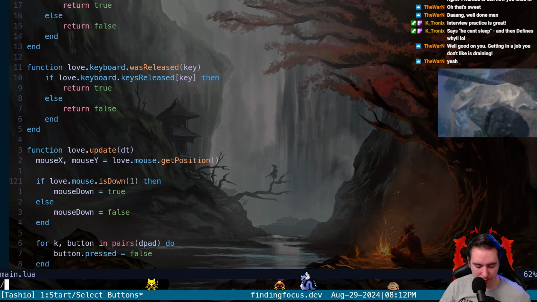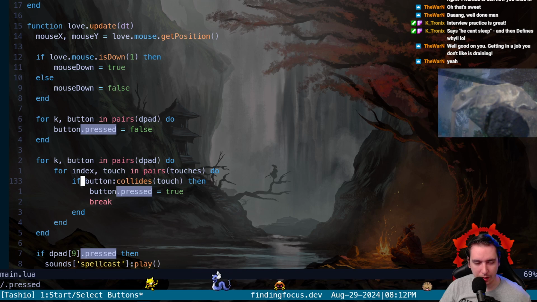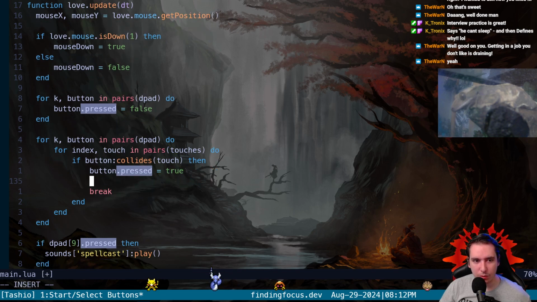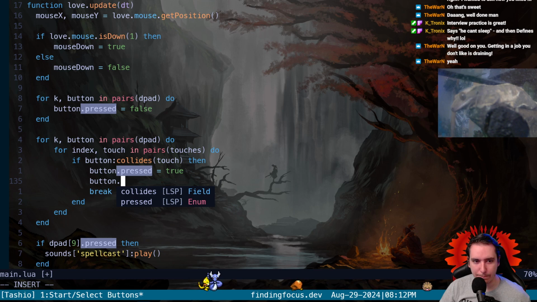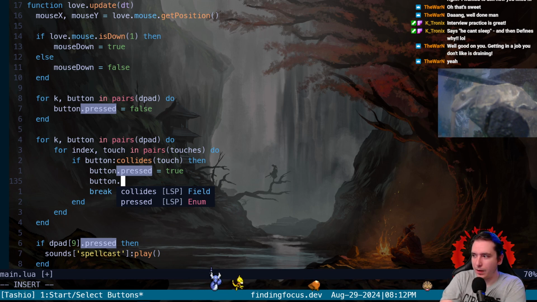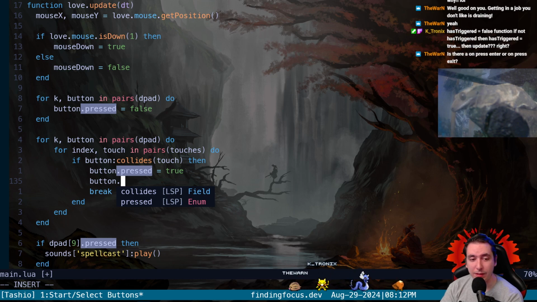When do we go and say that the dot pressed is true? We say right here if it collides. So we could have something here like, oh, see, and then it gets tricky because I want to say that we can do Katron's has triggered here and say at this point